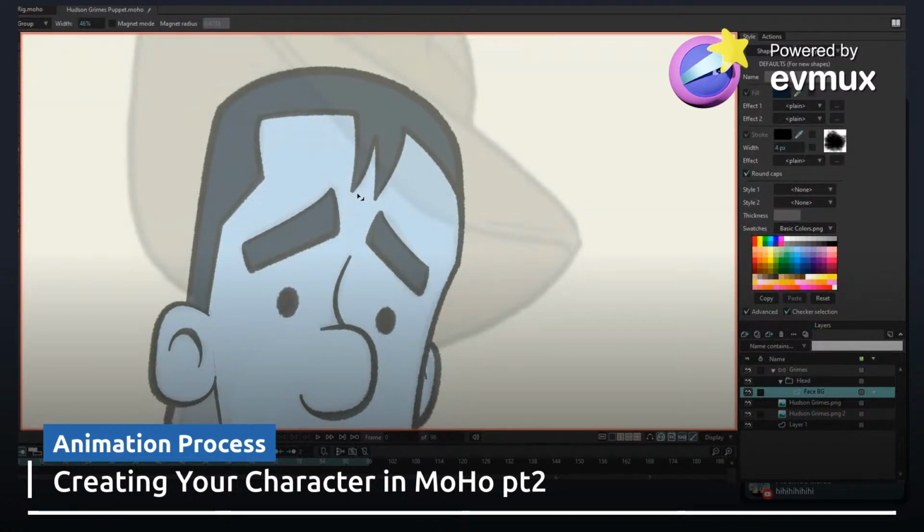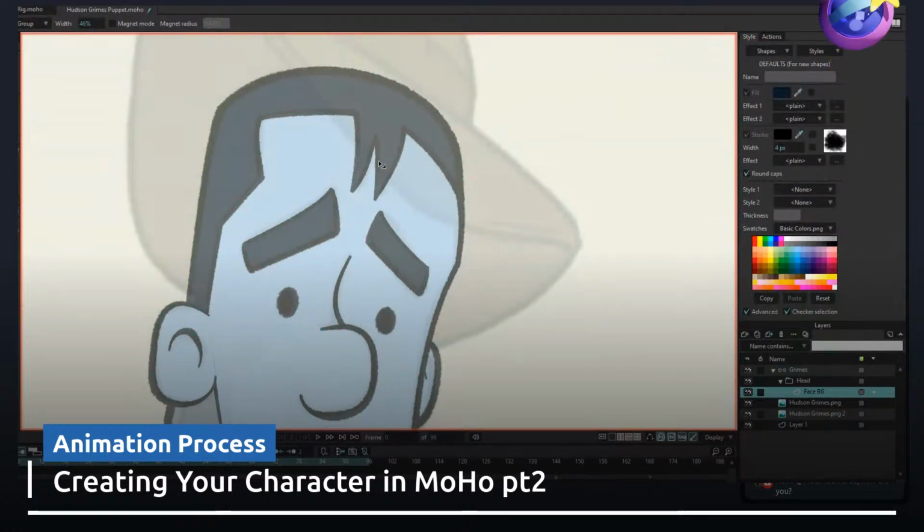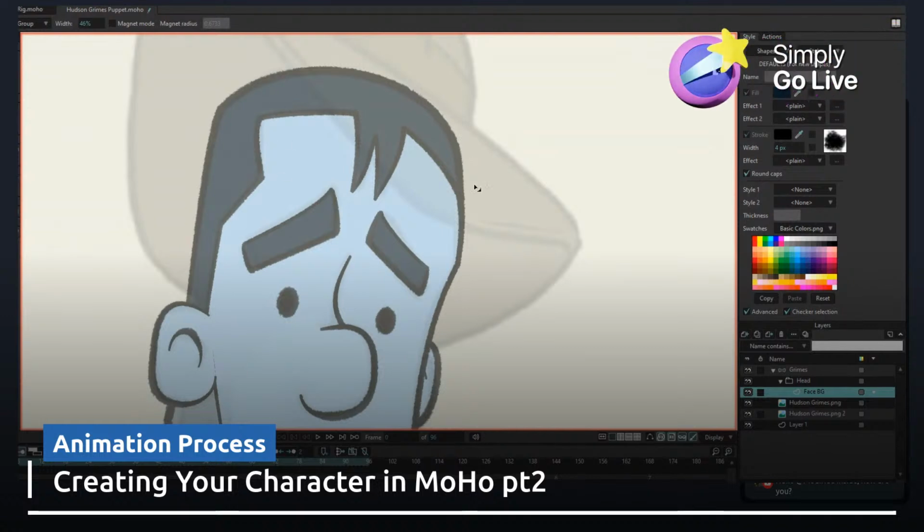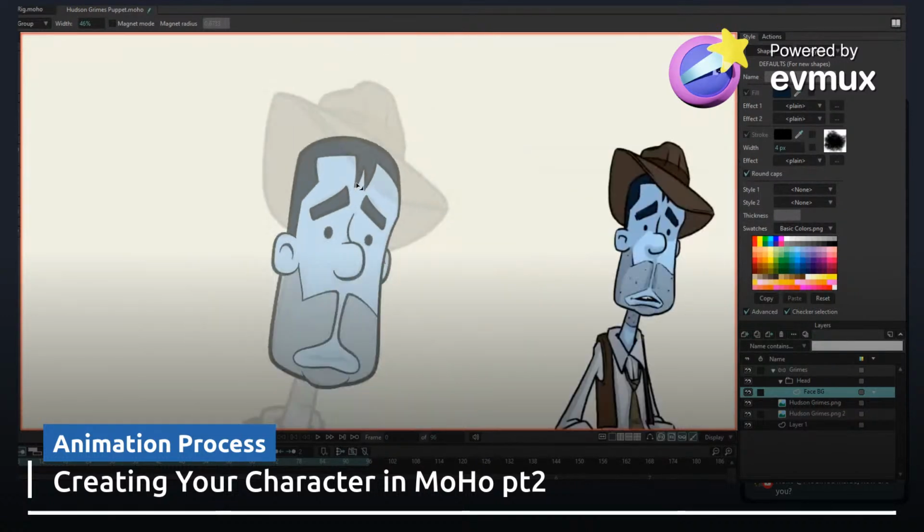So right now, I know I don't need this up because I know where my points are because I just put them in. There's a point there, point there, point there, right? Because I don't have a million different points in here. I don't need to worry about this thickness up here because that's all going to be covered by the hat and kind of in shadow. All right, so it looks good. We've got the hair done.